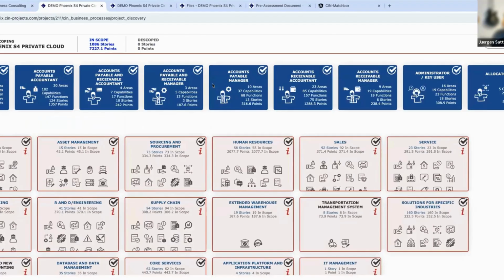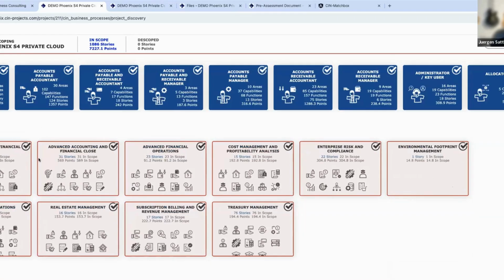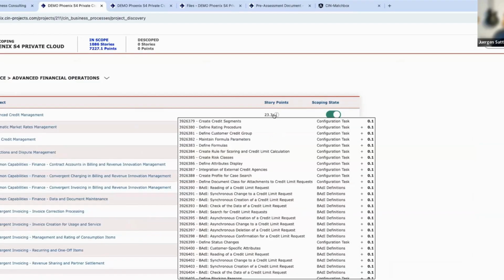On the top, you see information like the persona which is using the system. On the bottom, you see the different areas, and you can drill down in each and every area to see the details. For example, in the finance area, we have about 324 stories. I can click one level deeper, then I can see there is advanced financial operation with 23 stories. And I can click one level deeper, then I would see the details of the stories with some information about the effort to get it implemented or migrated, which is calculated in story points and which gives you the information why this